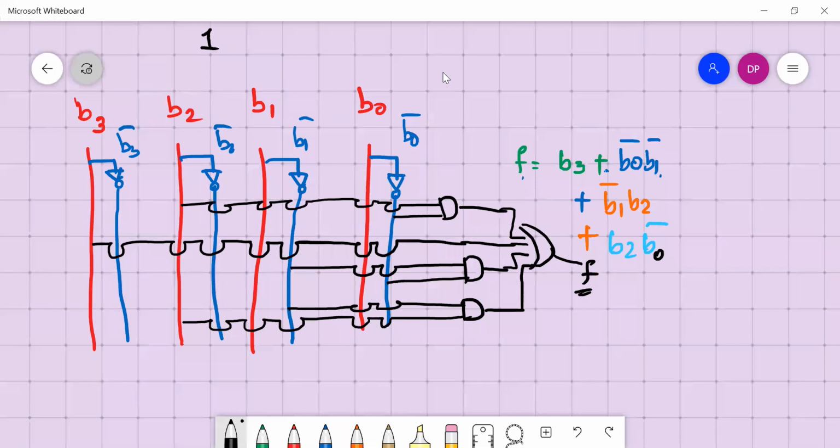So it will be a very large circuit, fabricated on a chip, which will convert BCD to 7-segment display. This is called a 7-segment display decoder design. I guess it is clear to all of you. Next class we will take up the multiplier one. So we'll stop here. Thank you.